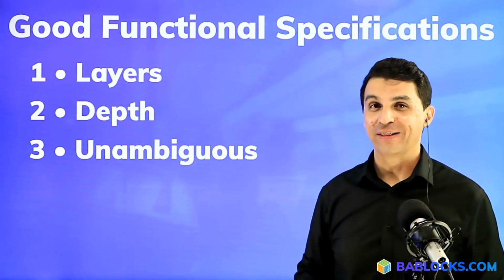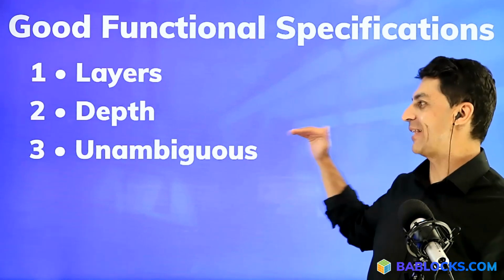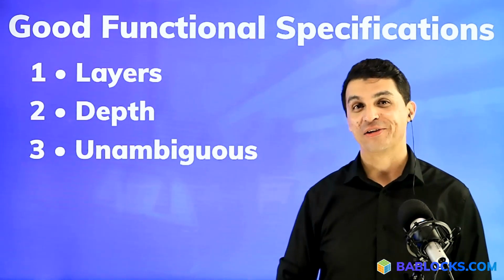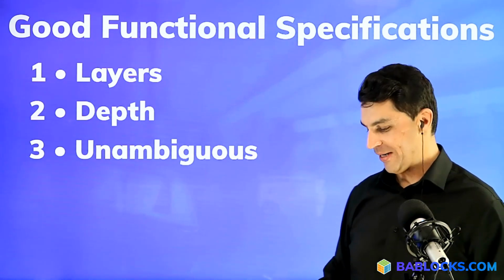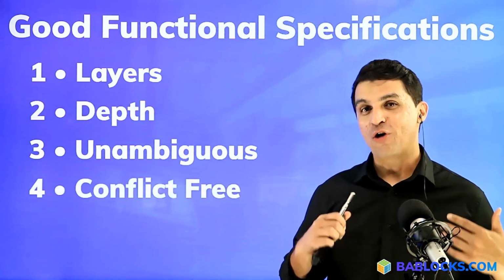And it's highly unlikely that your project is the one where that trend is going to start. So you have to make sure that the language that you use in your functional specifications is clear cut, all right? The last element that I want to talk about has to do with the types of conflicts that can